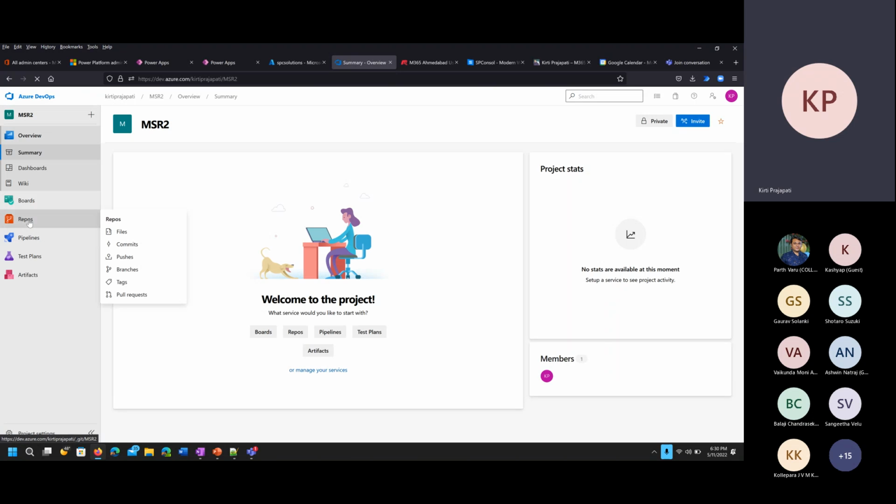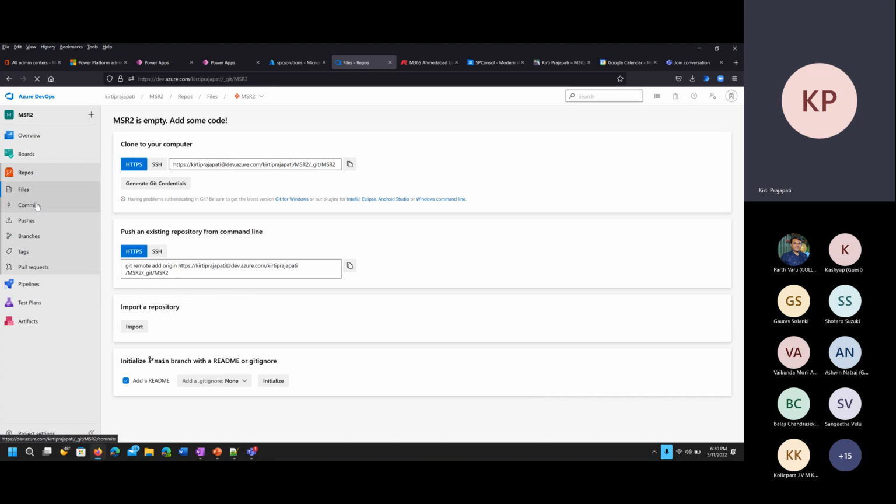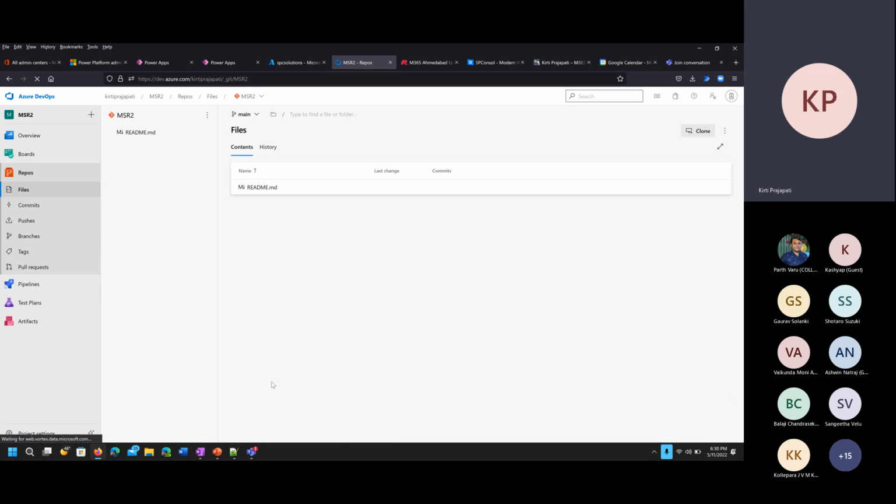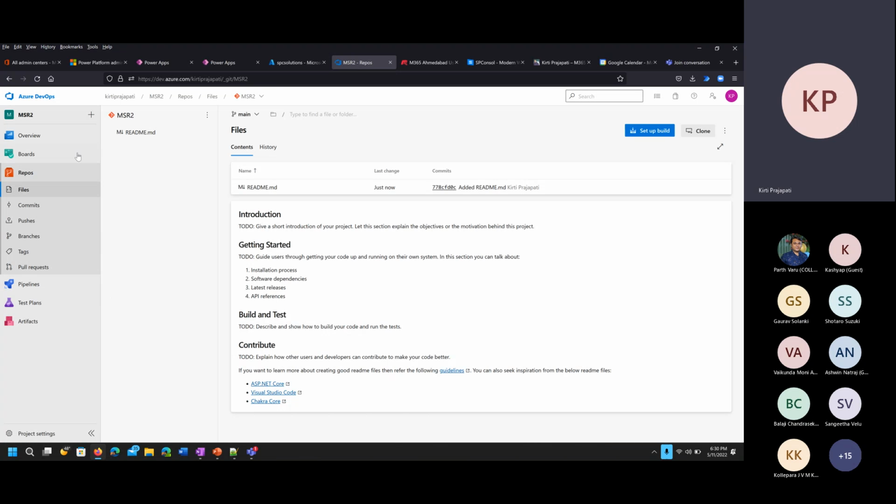Then for the project, under this repository, you just need to initialize your main branch. So click on this initialize, and our main branch is enabled for this, right? So now again, go to your project settings,